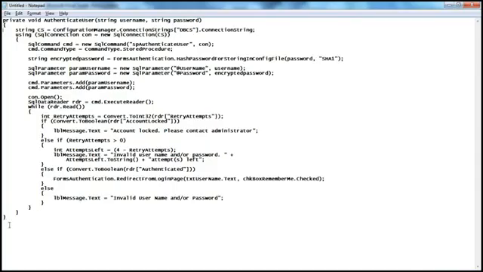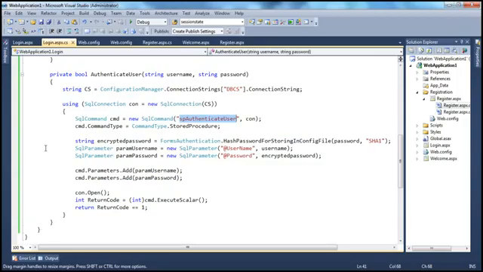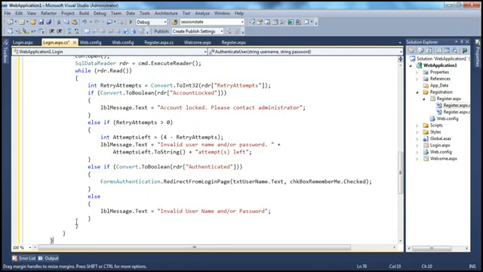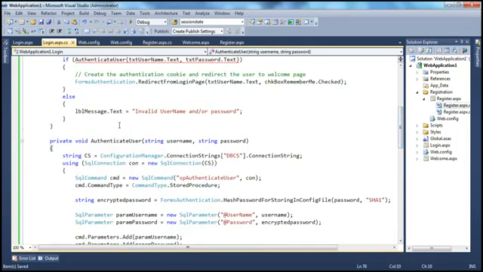I have typed this method just to save some time. Most of it is going to be ADO.NET code. The first thing to notice is I have changed the return type of this method from boolean to void. So now this method is going to do everything, redirecting the user from the login page and